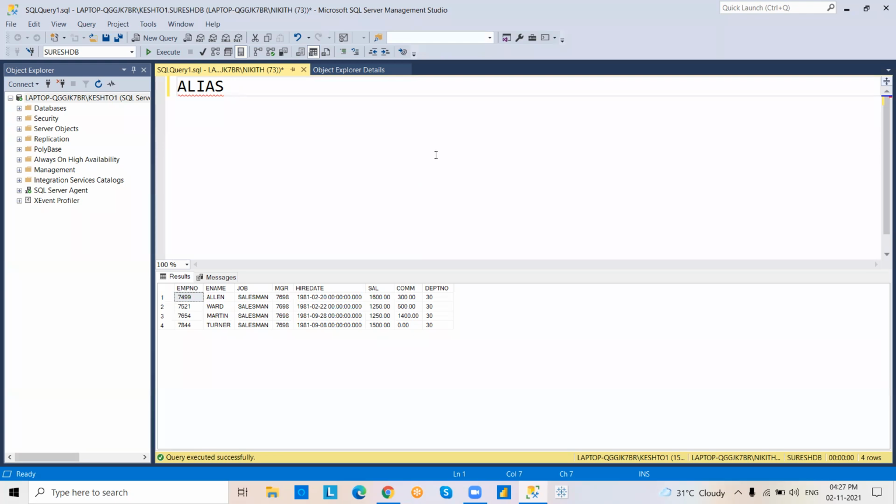Then why are we going for an alias name? Because what is the purpose of alias? A second or duplicate name can be assigned to a table or column. See, now the thing is, the alias name concept.